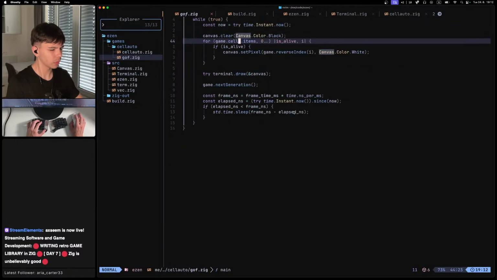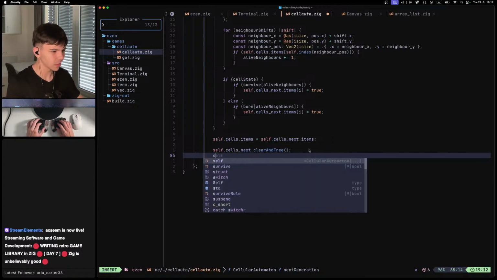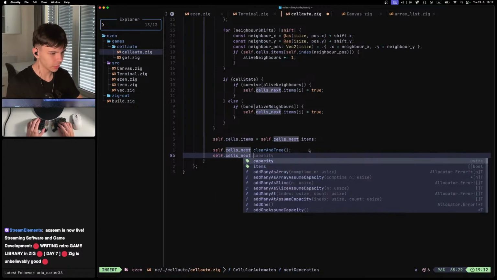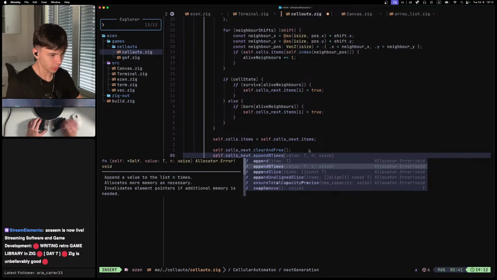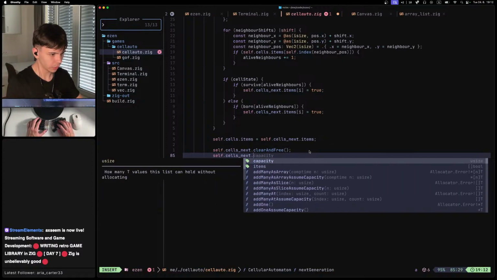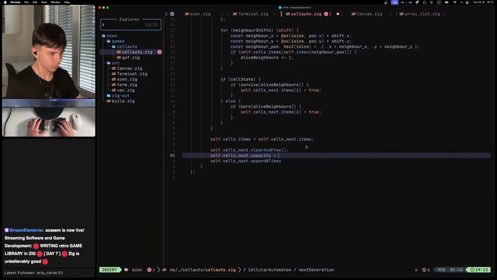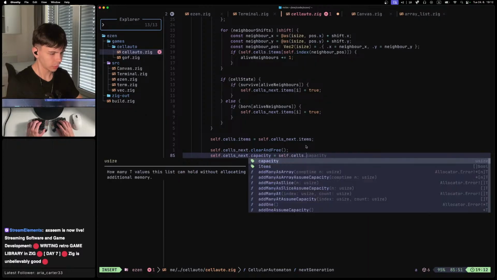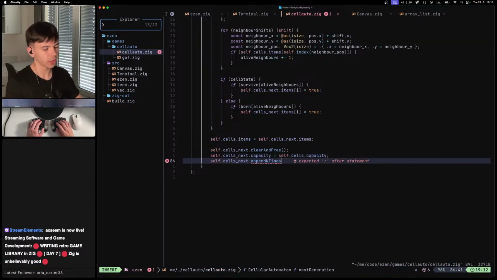Where was... It was still after, right? Actually, you know what? I can just manually set everything. Should I? Maybe... I don't know, I'm too lazy for that. Self, cells next. Append. And times. Actually, I want increase capacity first. Capacity equals self.cells.capacity, append and times